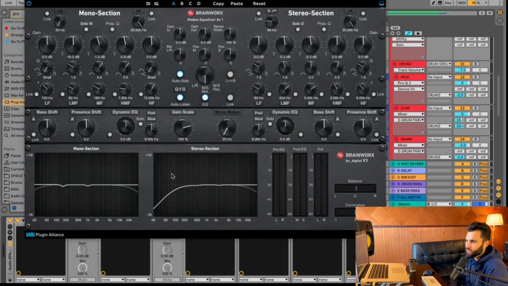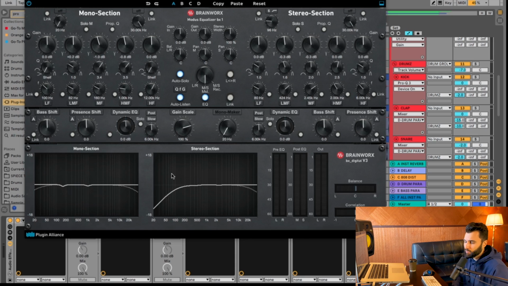This is something that's very subtle, but I definitely use it for more surgical things and filtering things. So for example, on my sides, I'll typically filter out anywhere up to 90 to 200 hertz because the bass doesn't necessarily need to be in the side, left and right channels as much as it does in the middle. It needs to be really, really focused and concentrated in the middle. Equally so, sometimes around 160 hertz will just poke out in the middle too much because of the kick and the bass and the way they interact, or maybe some other things as well. So what I'll typically do is I'll notch that frequency out a little bit using this EQ.